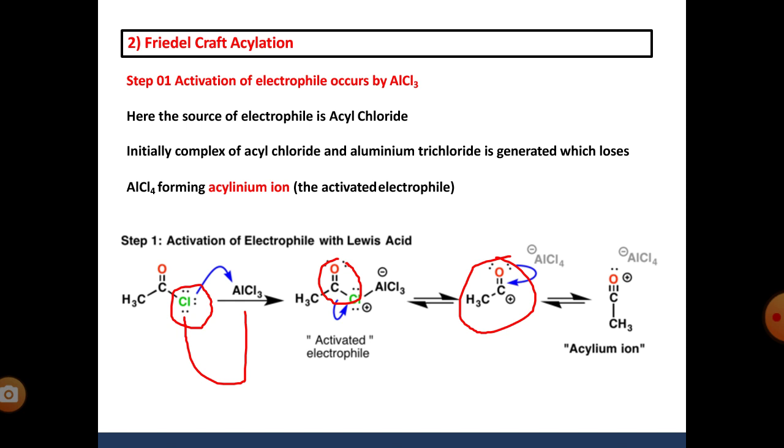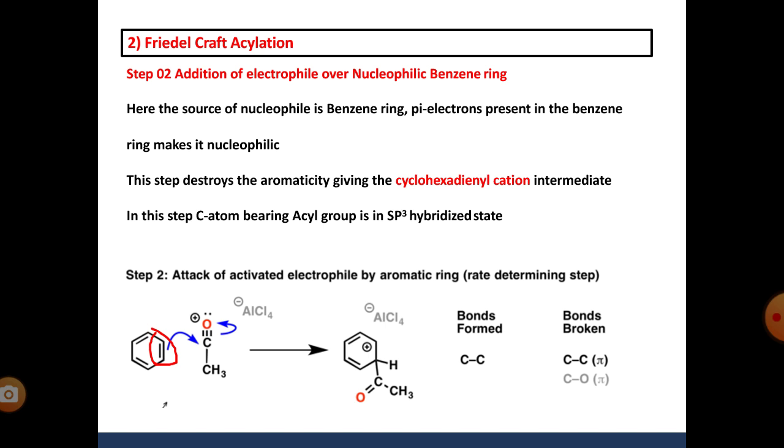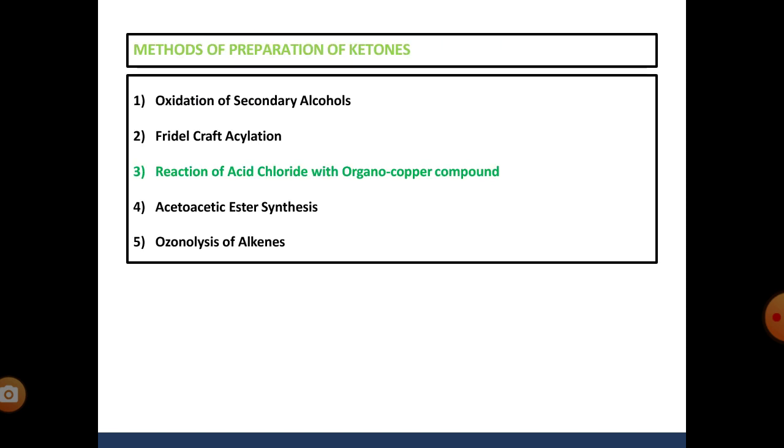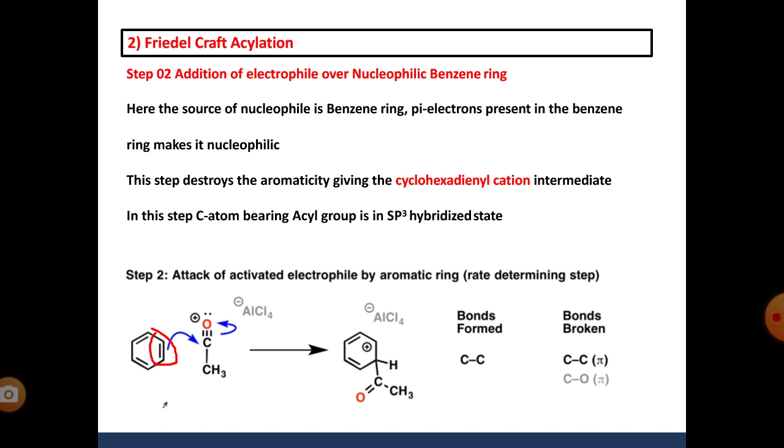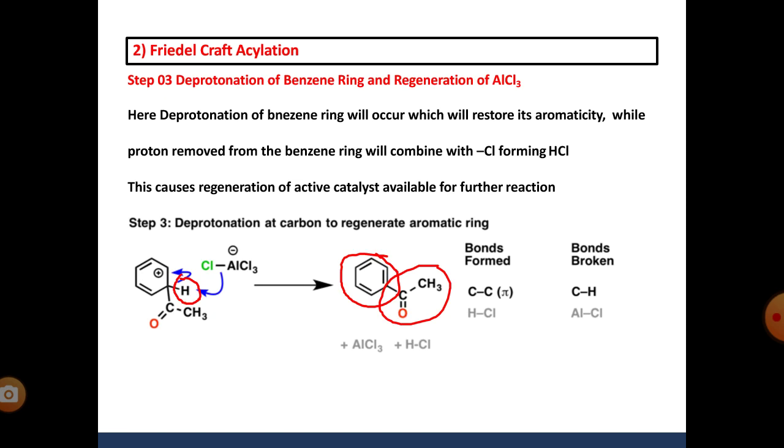So this is about Friedel-Crafts acylation. In the first step, acetyl chloride reacts with AlCl3 and forms a complex which breaks down into the acetyl cation. This acetyl cation, an electron deficient species, attacks the benzene pi pair and there is formation of this complex. This complex breaks down, again to retain aromaticity, one proton is lost and it is converted into acetophenone.